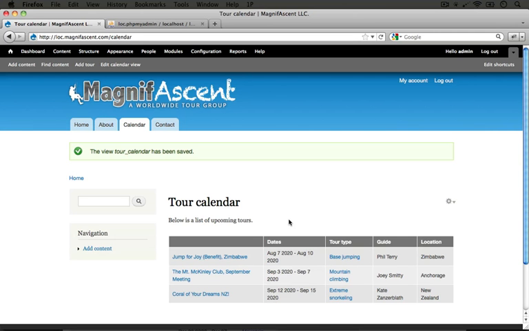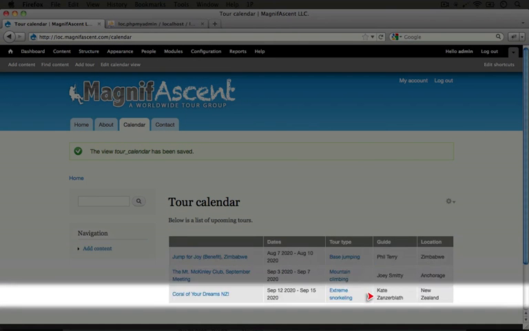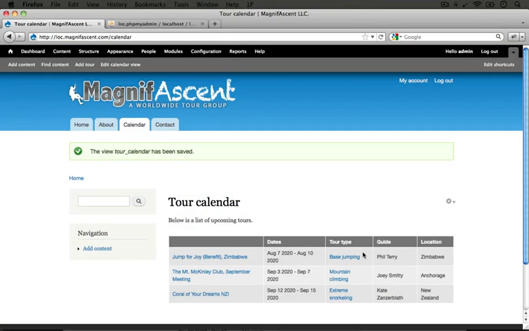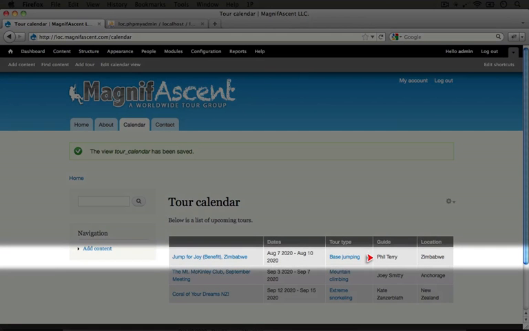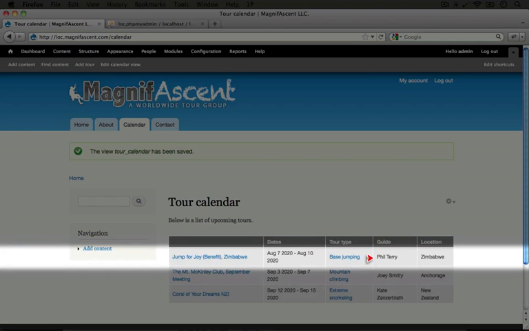So for example, you see that there's a guide column here, and each one of these is one of the guides that we created in the guide content type. If we wanted to link each one of these up with the guide pages for these names, we have a couple of options. One, we could manually add links around the text in each one of these by going into views and converting each one to a link and pointing to the guide pages that were created when we